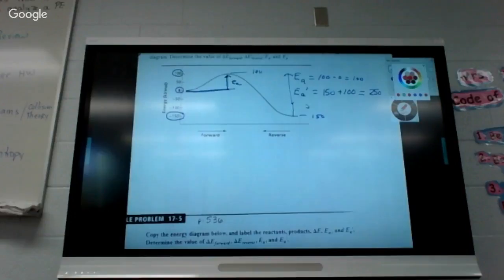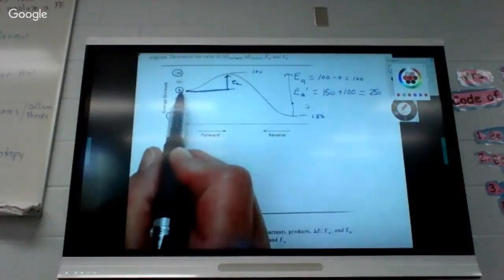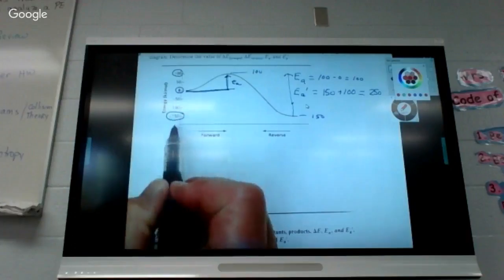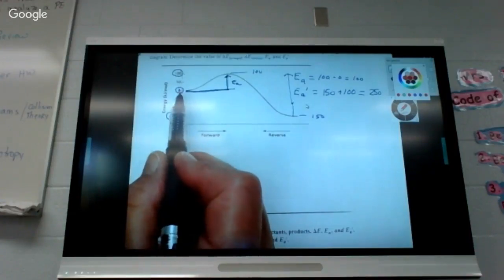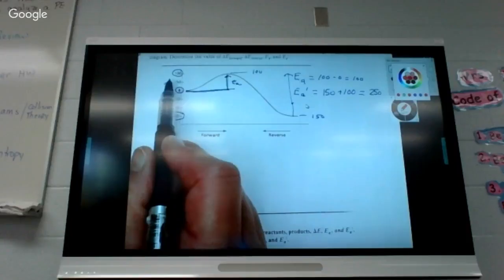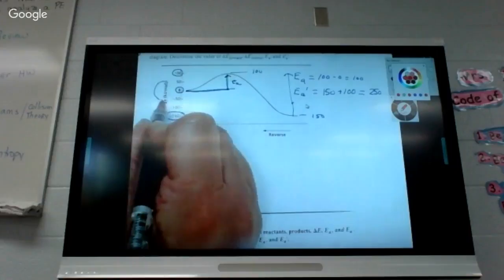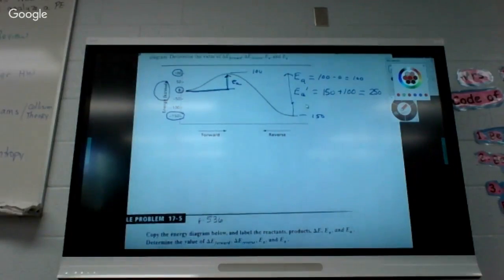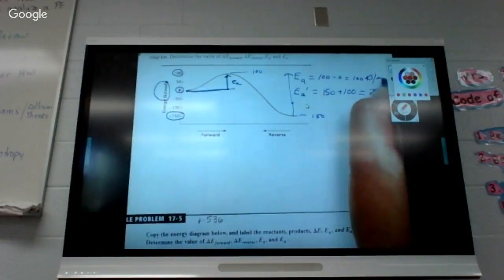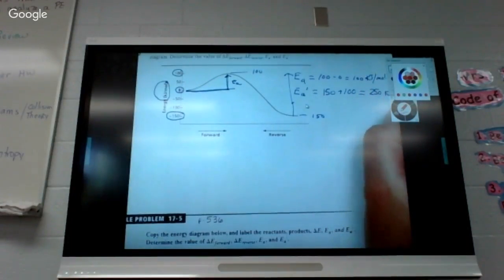Stop worrying about the negative signs. EA is not negative, okay? You're crossing 0 on the number line. So you're at negative 150, you're going to 0. That's 150 spots on a number line. And then you're going from 0 to 100, so another 100 spots. So you want how many places on the number line? 250 places. So what's the unit on the number line? kJ per mole. So kJ per mole.